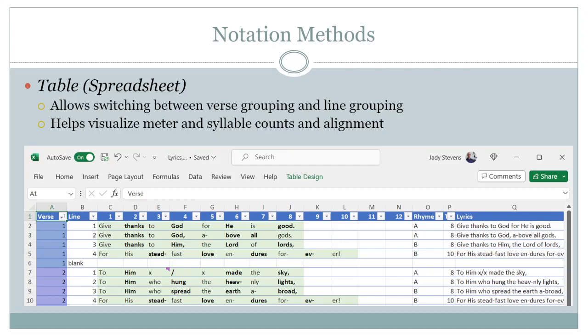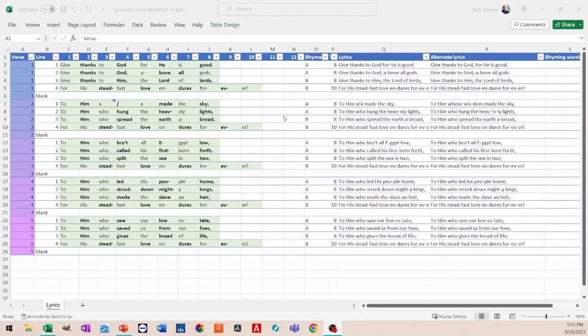And you can even set it so that it pulls all those lyrics together, or concatenates them, and shows them all in a line, which is easier to read, as you see in column Q. But let's look at that actual Excel spreadsheet and I'll show you how that works. Okay, so here we have my lyrics worksheet for His Steadfast Love Endures Forever. And this shows the whole song except for the chorus, which I didn't include here,